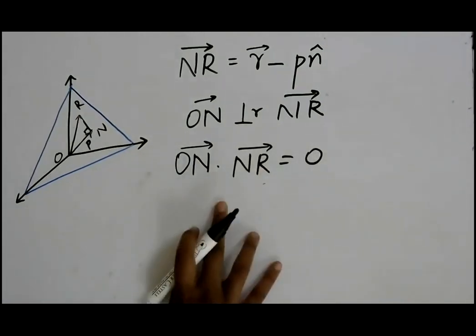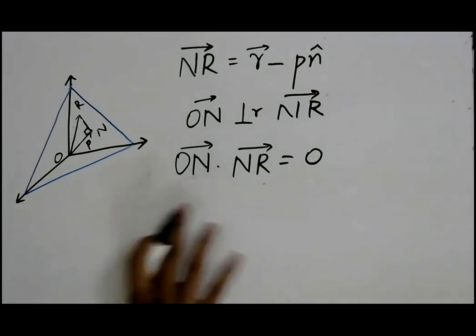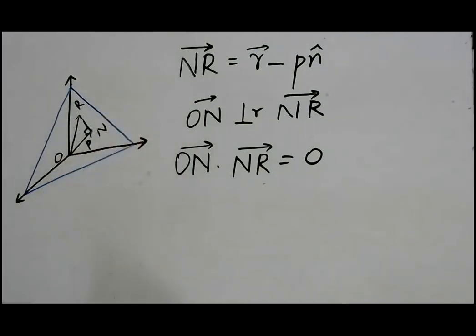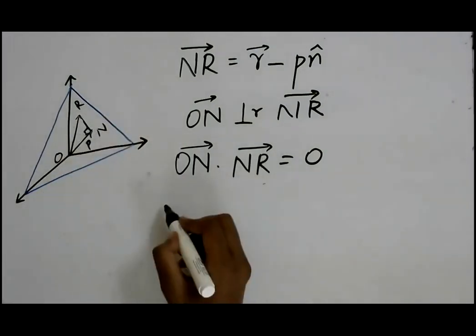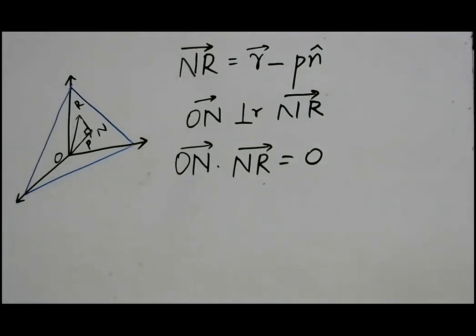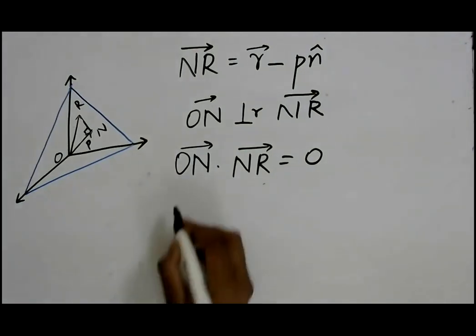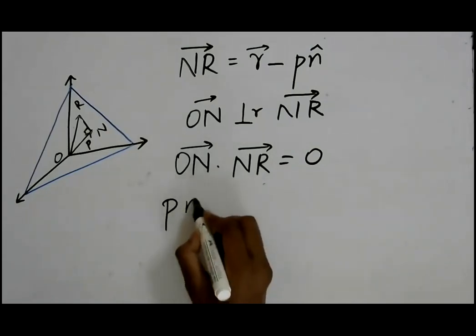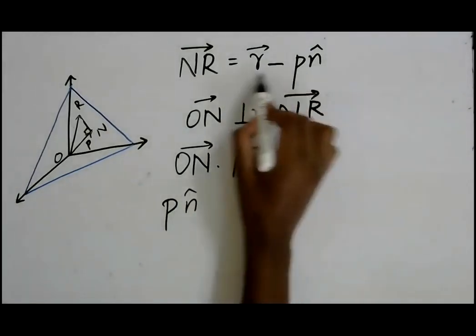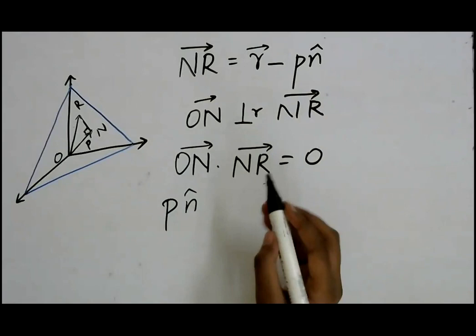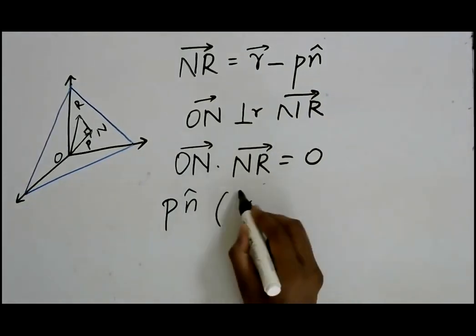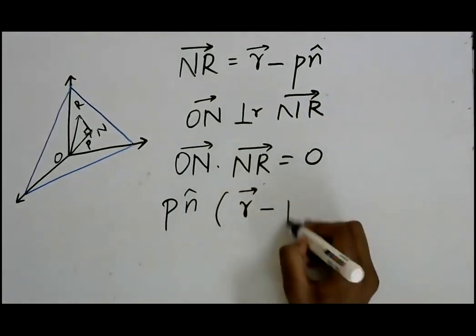So we already know what ON vector is, and we had rewritten it as p n vector, right? And for NR vector, we have just derived using the vector addition, that is r vector minus